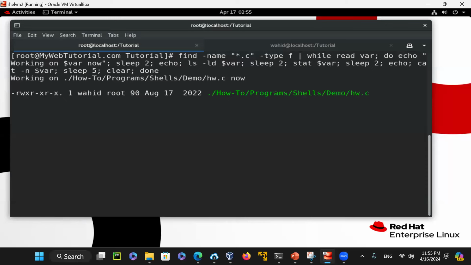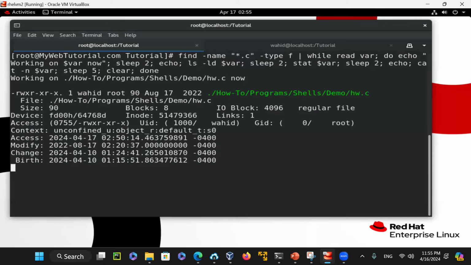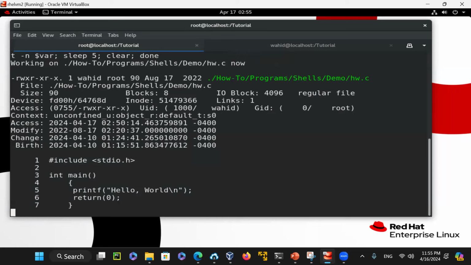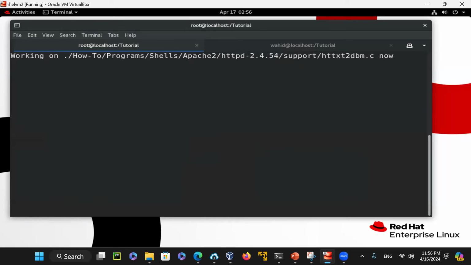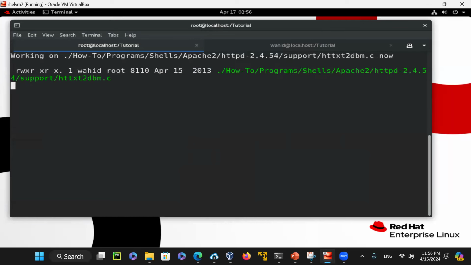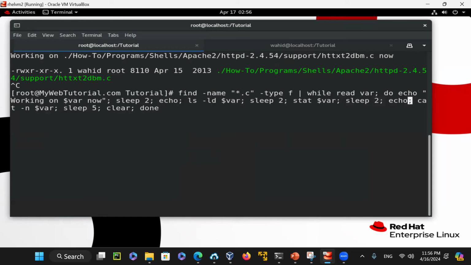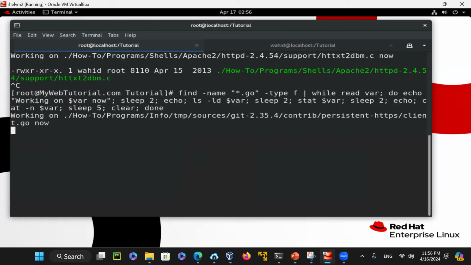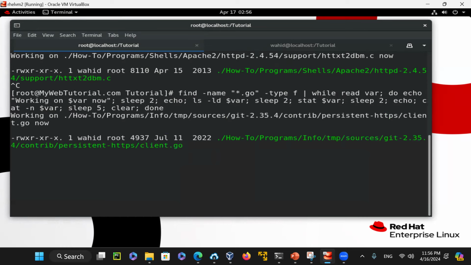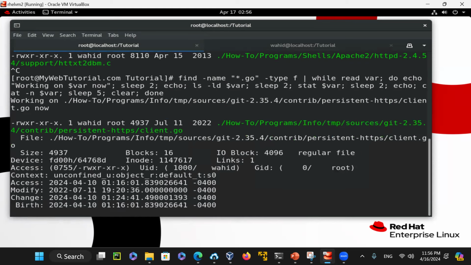Similarly with a .rs file or .go language, anything. So let's just do one for the Go language also. I'm going to Control C out of this one, and then search for .go, see if we have any script here, or .java. So you could do it in any programming language,